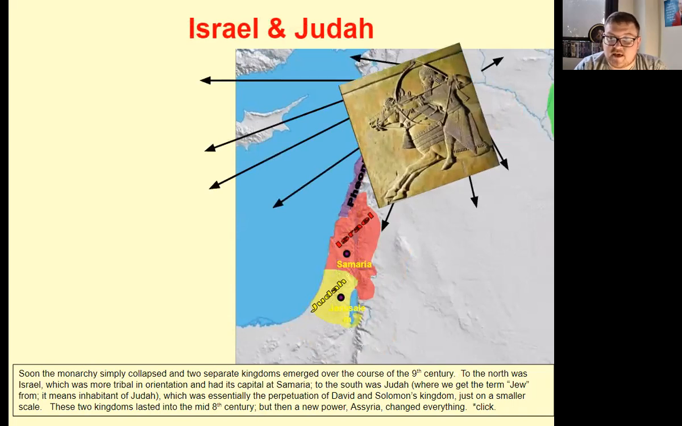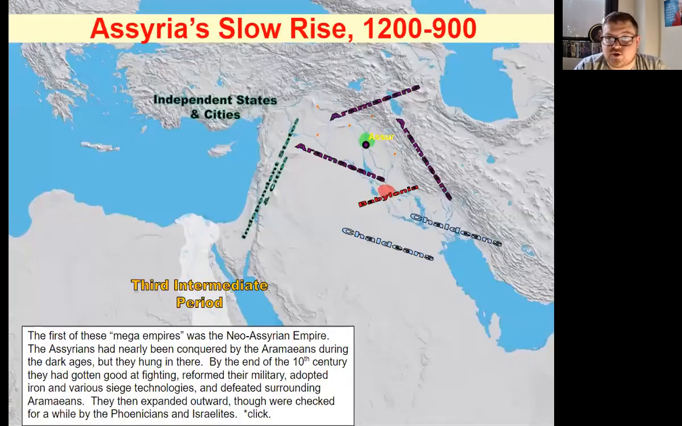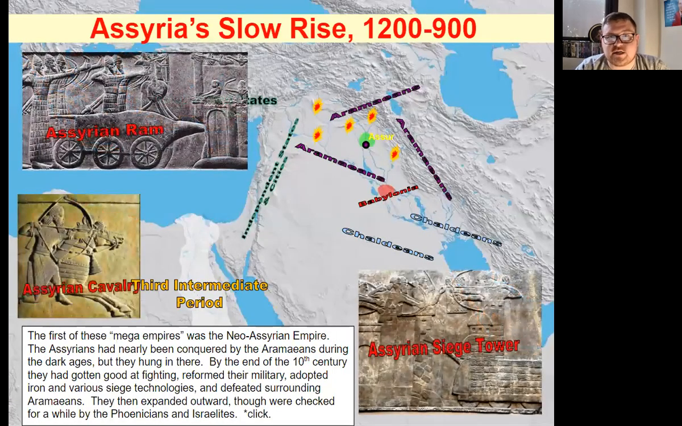Assyria comes in and invades. And then we have the mega empires. This part of the lecture looks at the emergence of vast empires following the Dark Ages and its consequences in the ancient Near Eastern world. So we have the Assyrian slow rise. The first of these mega empires was the